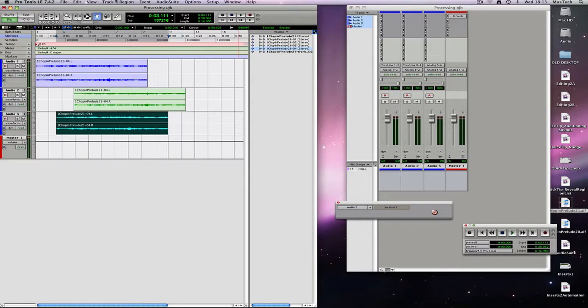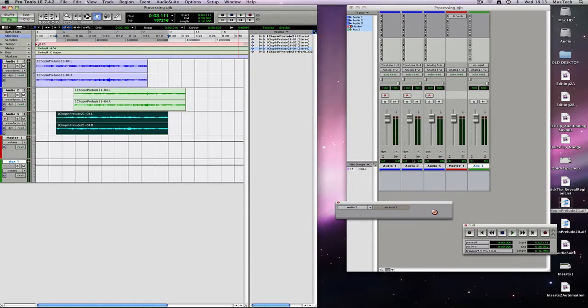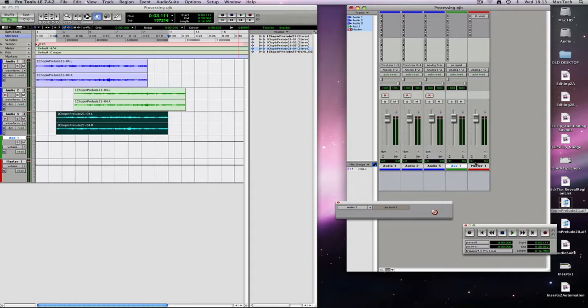I want to make some auxiliaries, so I go to the track menu, choose new, choose a stereo auxiliary track, choose that. It's slightly awkwardly positioned here, so I'm going to move that so that it makes more sense. So it's kind of between the audio channels and the master. And I'm going to put my reverberation on that